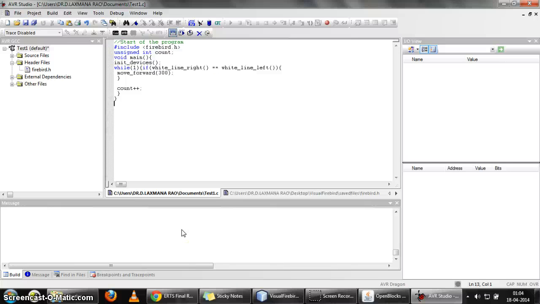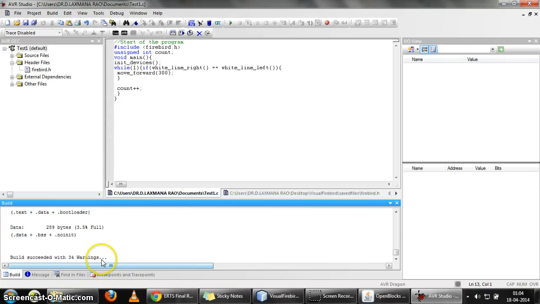You see that the build has succeeded. You will see some warnings, but you can ignore them for the time being. And along with the build, see that